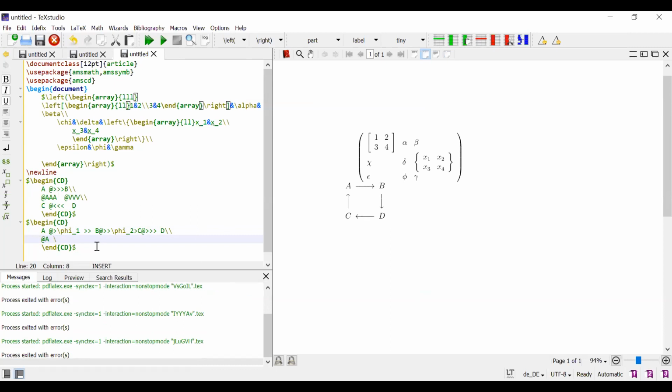pi suffix 3, A at, space at, double V for down arrow, pi slash 4, V. At, for the parallel line we write this one.